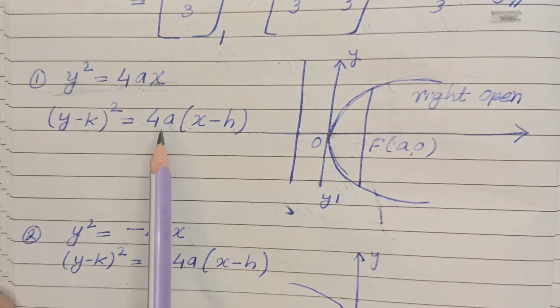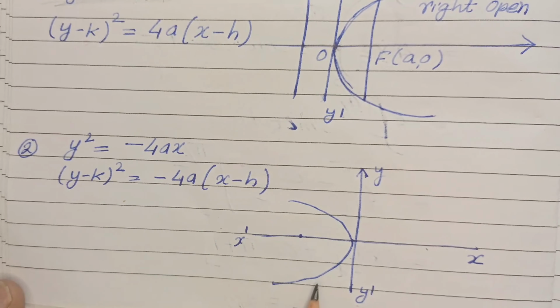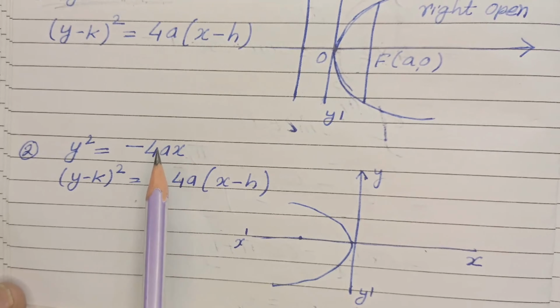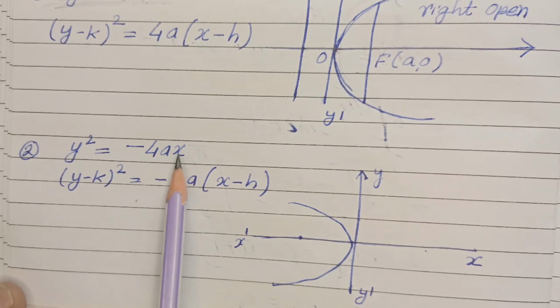Suppose the question is of this kind, where y square is equal to minus 4ax. That means the graph will be just the opposite of what we just learned. Why? Because here minus 4ax is given. Whatever you put for x is always negative, so you cannot write a positive value here, but if you write any negative value, that works. And y can also be negative because there is minus x.